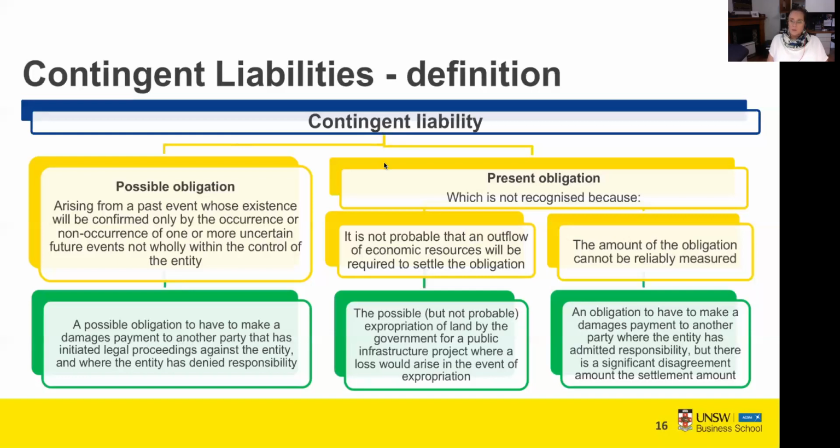The second way in which a contingent liability could arise is if we have got a present obligation, but where we don't recognise the liability because we can't reliably measure the amount. So let me give you an example of that one. We'll think about our previous example with a heater. But in this case, let's imagine that when we took the heater for testing, we did in fact discover that the heater was faulty.